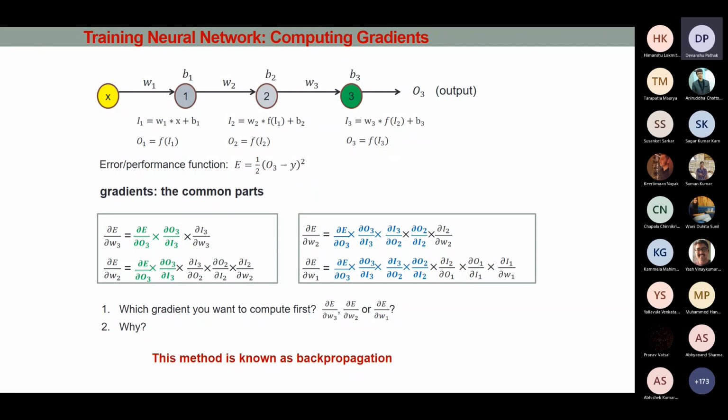When the input value is negative. Negative buzzer, yes. So if any one of these neurons produces a value less than or equal to 0, a negative value or even 0, then your entire thing is going to be 0, right? Because this is multiplication. Yeah, that's correct. All right.